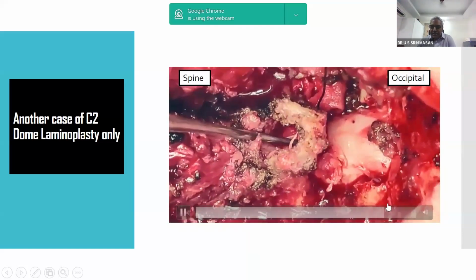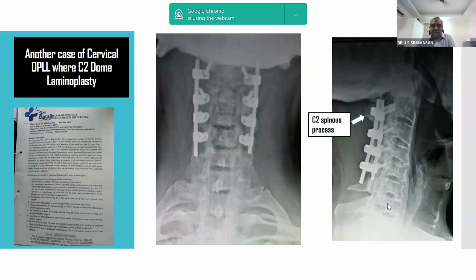This is another case. It was done. This is another case of C2. You can see the extensive OPLL here from C2 Dome. C2 Dome Laminoplasty was done. C2 spinous process is retained in this, and lateral mass fixation. C3, C4, C5 decompression laminectomy was done, and lateral mass fixation was done. Patient is doing well 10 years down the lane. These are the cases